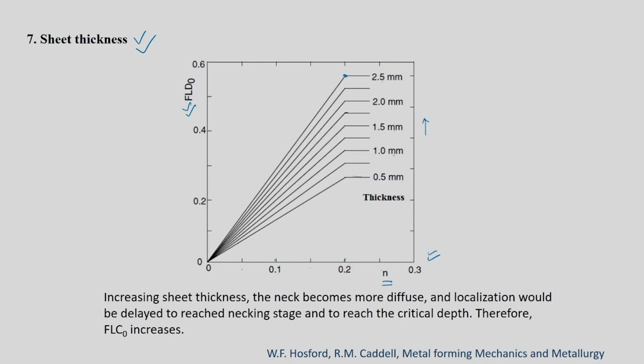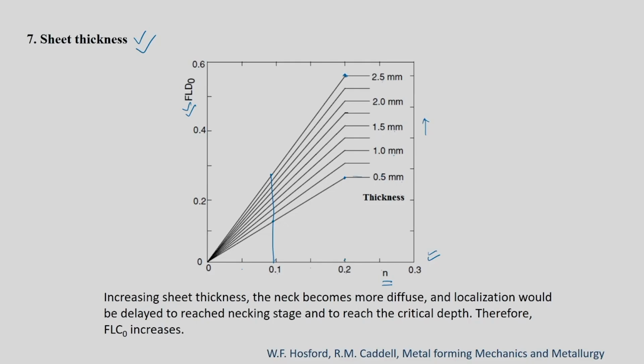You take 0.1, you go along this line, you will see that this one has about 0.2728, whereas this one has only 0.1. If you pick up 0.2, here you have only 0.22 maybe, but here you have almost 0.55. So increase in thickness actually improves the FLD0,